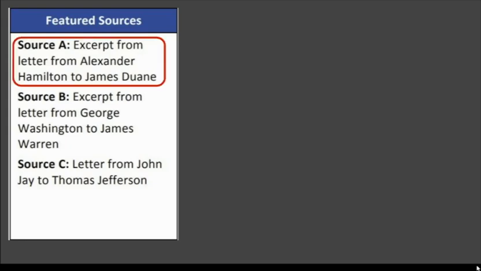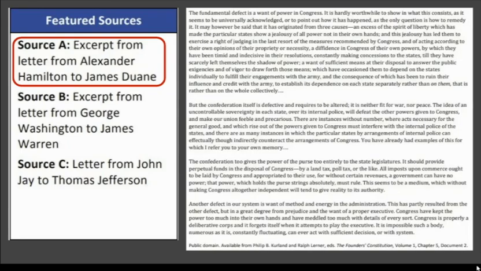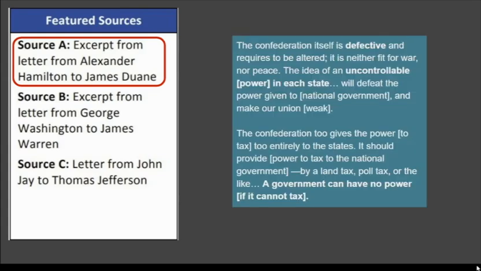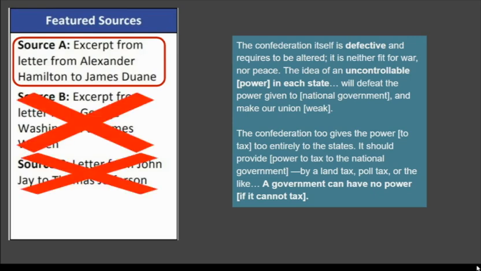So when I looked at source A, an excerpt from a letter from Alexander Hamilton, it was incredibly lengthy on that website, which I appreciate because it's for an 11th grade class. And also it really gives you the opportunity to look at the full thing and decide for yourself what your students need. So I took what was on that document on C3 teachers and I really narrowed it down and made it much, much shorter so that the students would quickly get to the point of what Alexander Hamilton was saying. I didn't feel that I needed the other 2 sources for my students to get it on this task and this question,